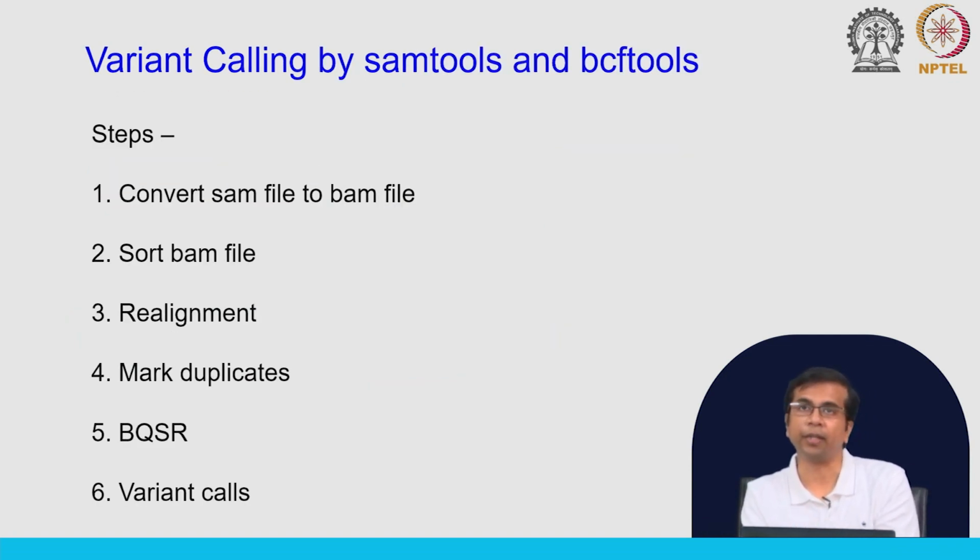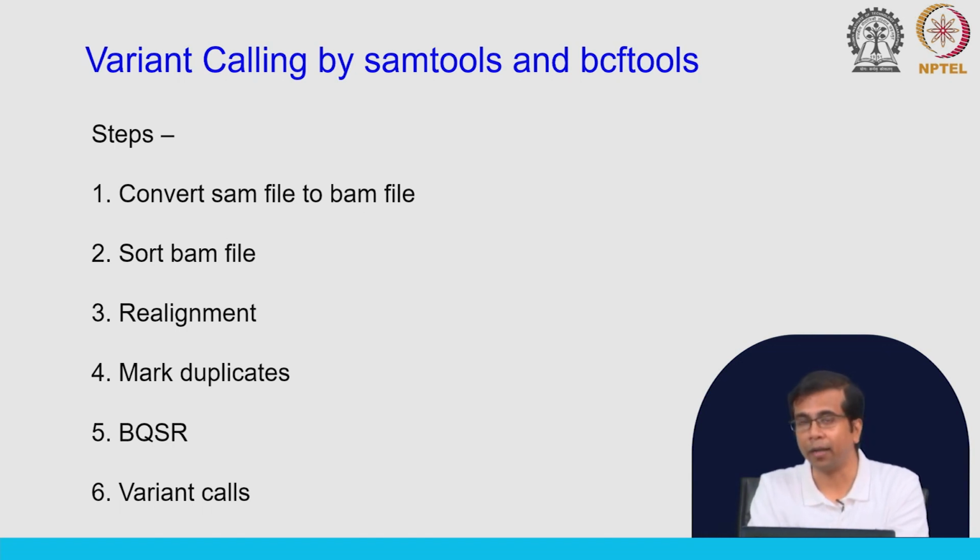So, if we have to do this with SAMtools and BCFtools, they relate to these earlier steps here, but they are specific for these programs. This is what these programs will need. Okay. So, the first step is we need to convert this SAM file to a BAM file, okay, again in the binary format, because this is a machine-readable format, right. So, SAMtools and BCFtools will take this format. We need to sort the BAM file. So, sorting means it will by default sort according to coordinates or mapping positions in the file, and the third step is the realignment, which, as we have mentioned,